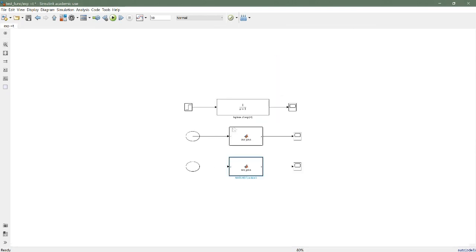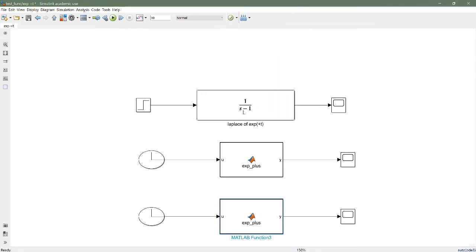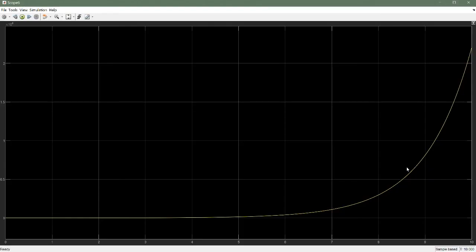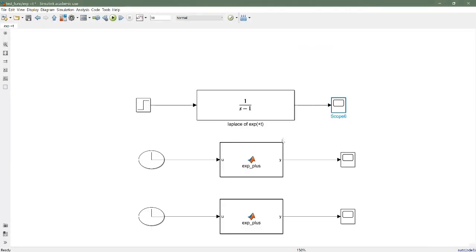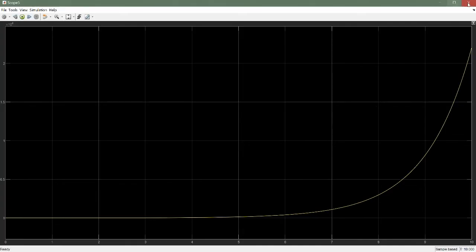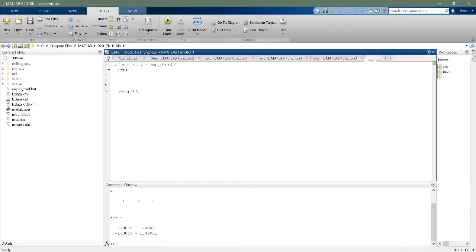And if we go to the positive exponent, we also know that we have the Laplace transform of e raised to the power plus t equal to 1 over s minus 1. It expands over the time, right? So given the simulation time, which was 10 seconds, it just goes up to 10 raised to power 4. Otherwise it can go up to infinity. So whatever you simulated in here, like y of exponent of t